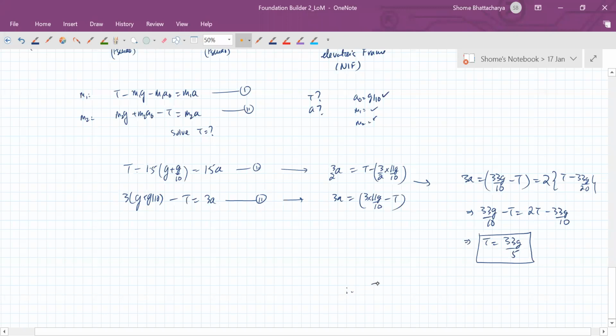So therefore, the spring force is 2T. So that is 66G by 5. Okay, so the reading of the spring balance will be equal to Kx divided by G in kgs. So it will be 66 by 5, or